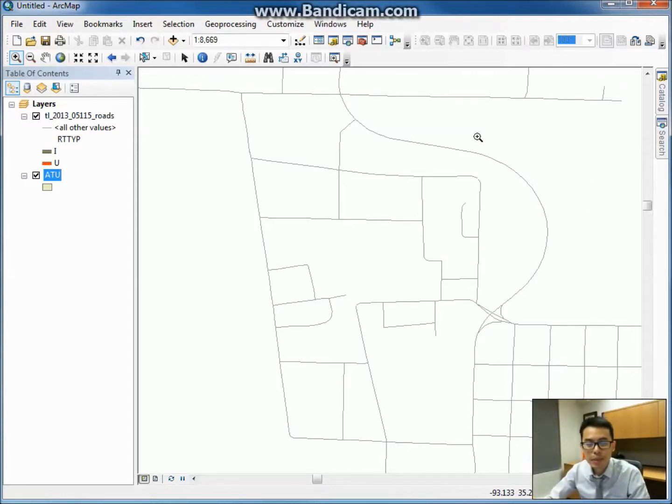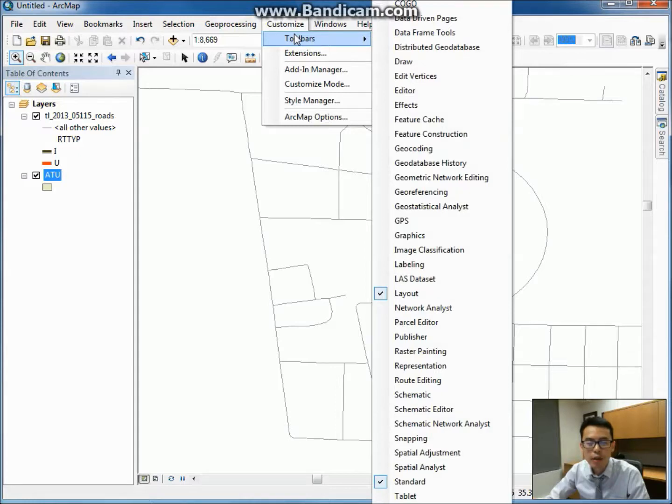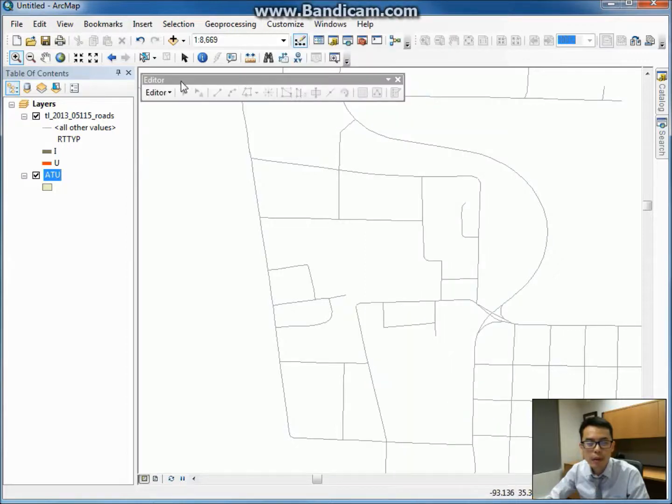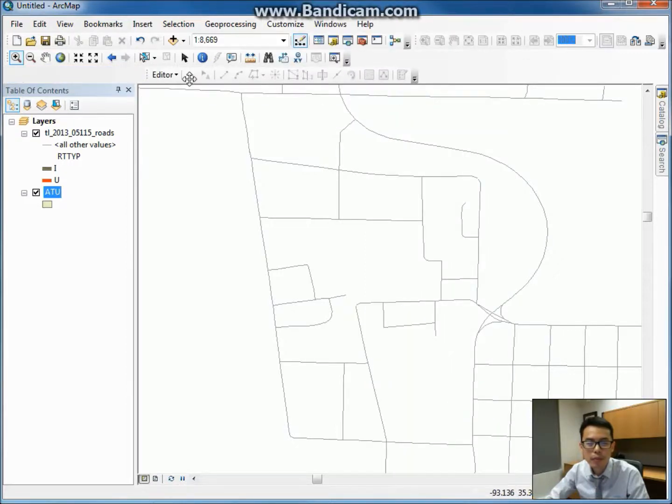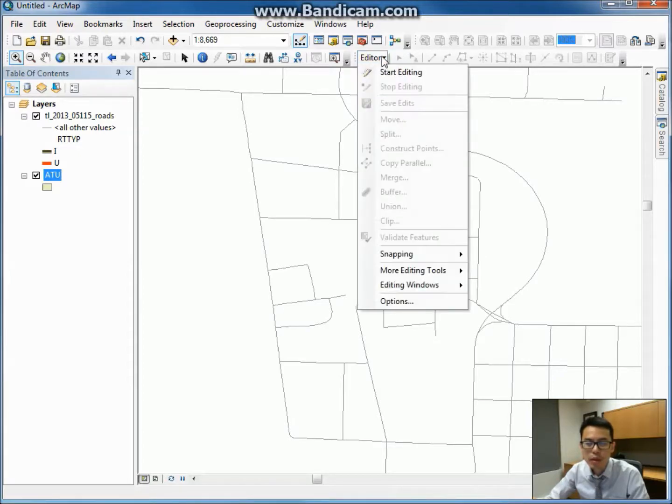In order to do that, we turn on the editor. So what is the editor? Normally it is not on. And in order to turn on the editor, we go to Customize, Toolbars, and Editor. So the editor is now open. We drag it to the toolbar, and you drop down the drop down menu. You click on Start Editing,